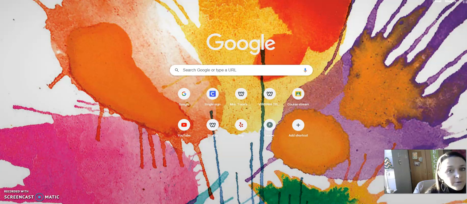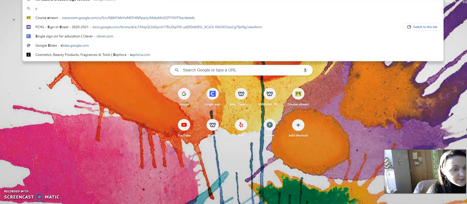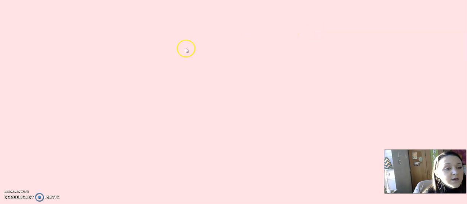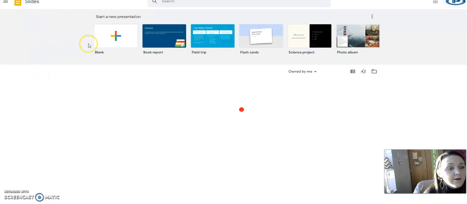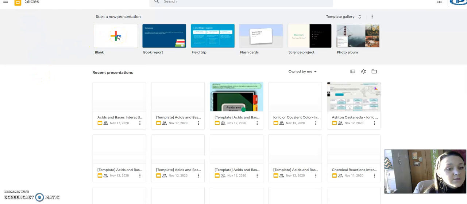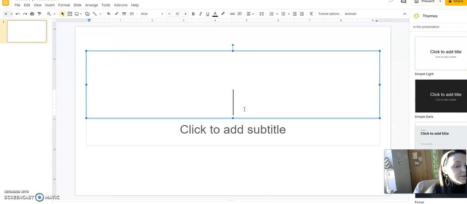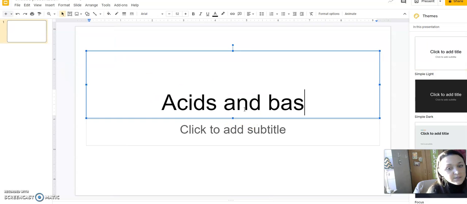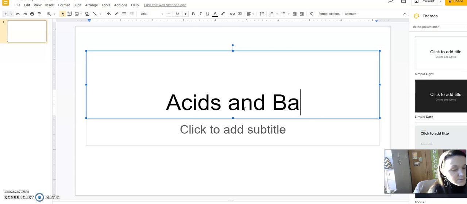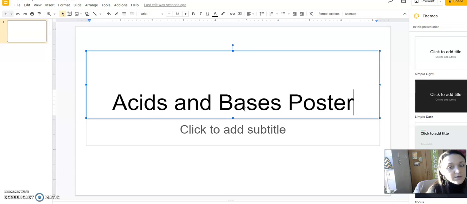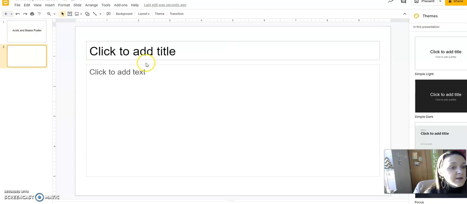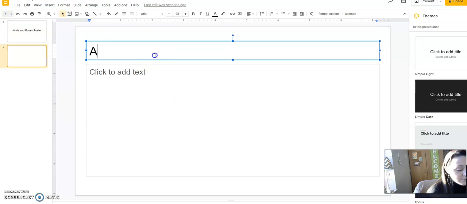Okay, there's another way we could do it. We could go to Slides, and we could have a Slides presentation, and we could call it Acids and Bases Poster, and we could have a slide about acids. We could have a slide about bases,